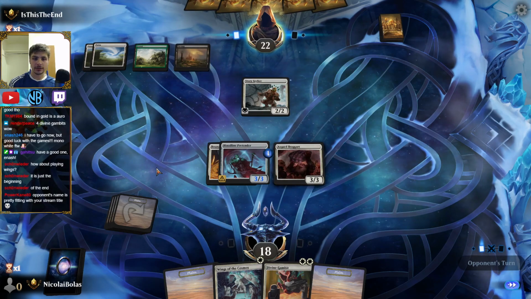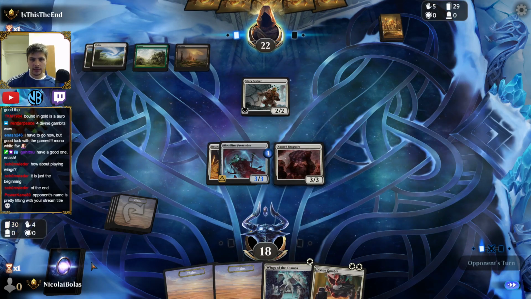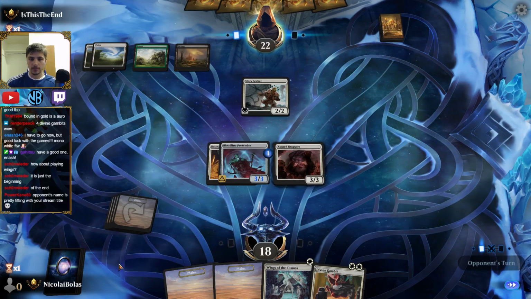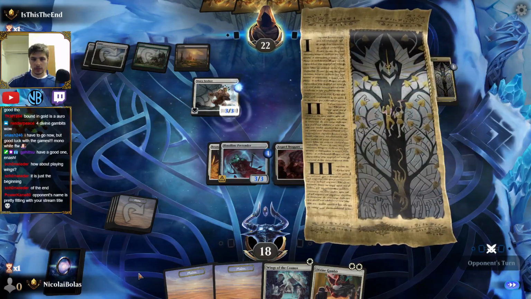Oh, 4 colors. We've drawn a land on every draw step, which is pretty bad for our deck, but we only have 9 lands left in the deck, so over 2/3 of it are spells at this point. So we can just draw a spell every turn, like 2/3 of the game. Okay,